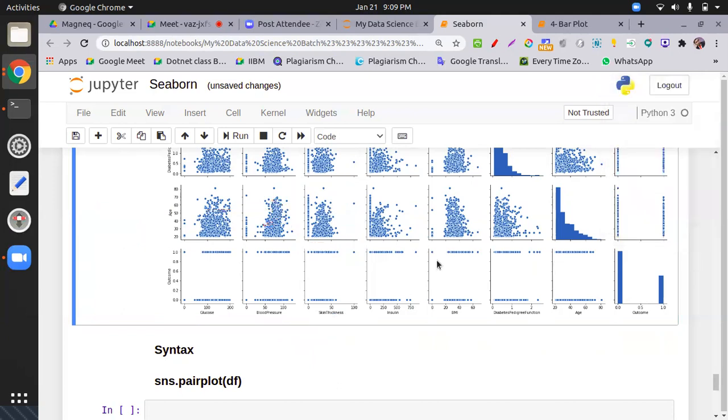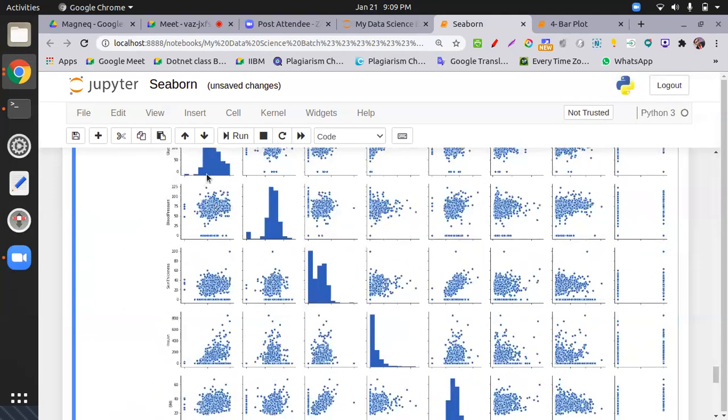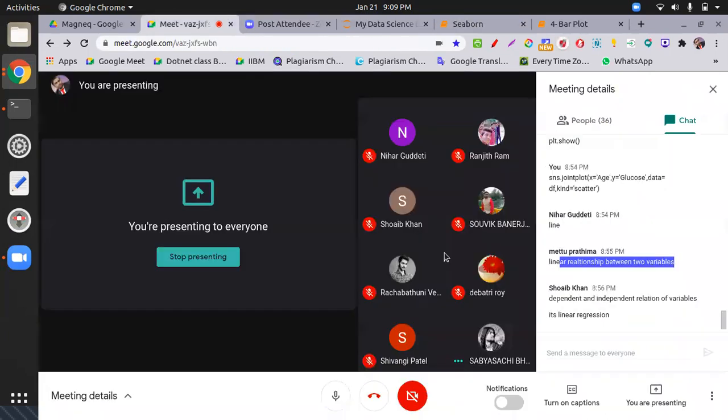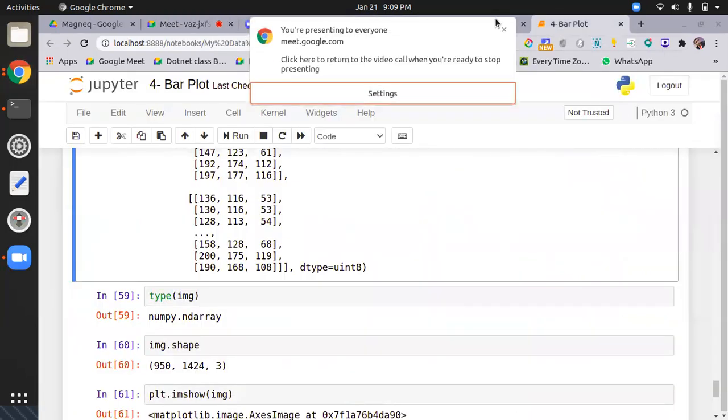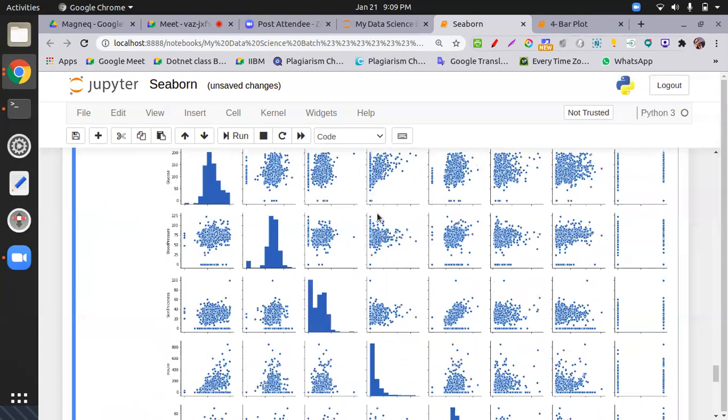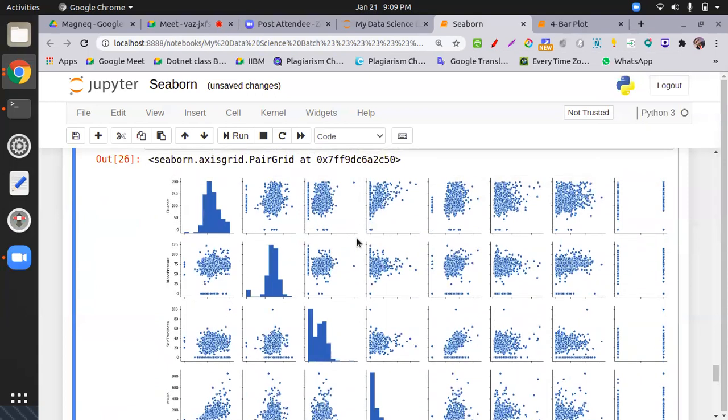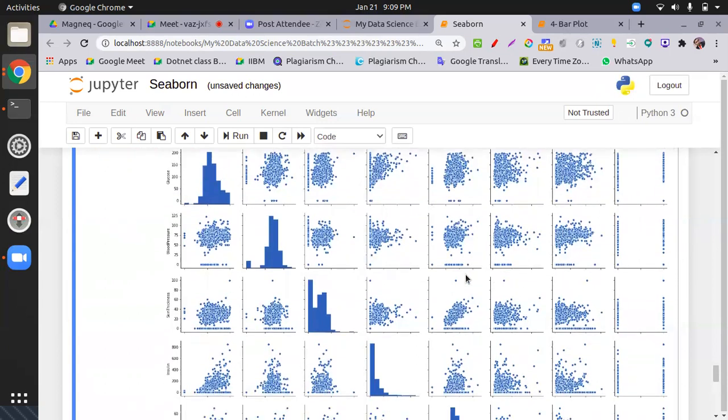All right, same way. Sir, is the pair plot in the form of a correlation matrix? No, correlation is a different thing. Correlation just gives you the figures, the numeric values, and correlation values are always shown with a heat map.